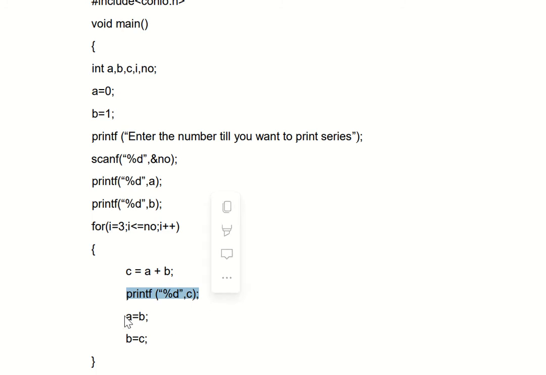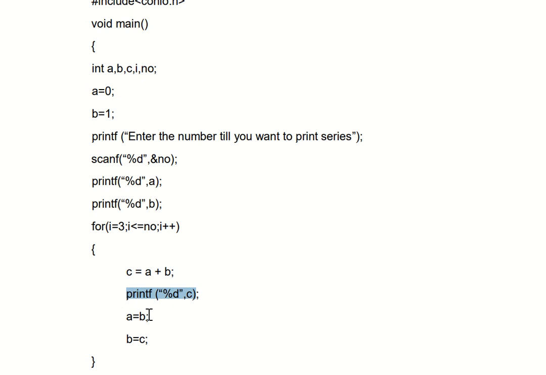Now we are swapping a equal to b and b equal to c. So b value in a and c value in b. Then closing bracket indicates go back to for loop. Again here i plus plus. So new value of i is 4. Again here 4 less than equal to 5. Condition is true. Again it will go inside over here. c equal to a plus b. As per this two statement, the latest value of a and b is 1 and 1, not 0 1. It is 1 and 1. And because of that you will get c is equal to 2. So fourth number it will print as 2. So our series is like 0, 1, 1 and 2.